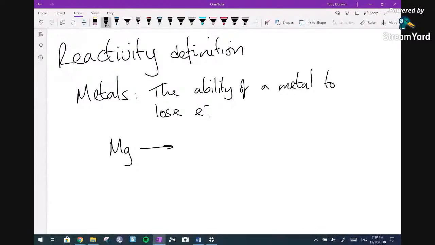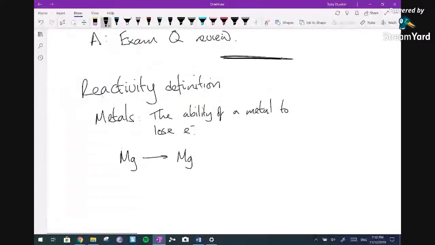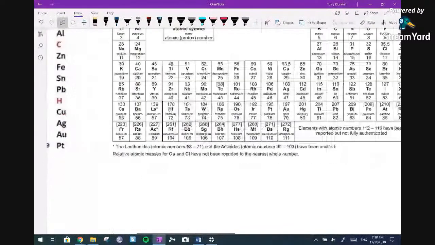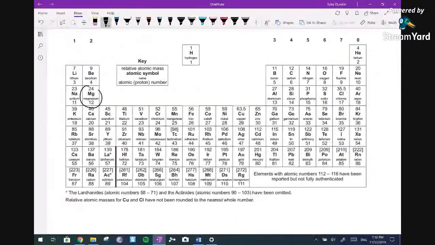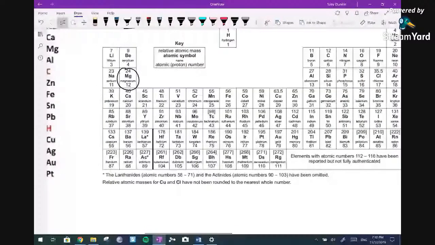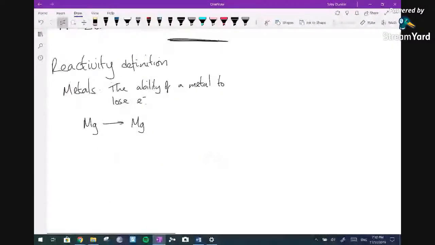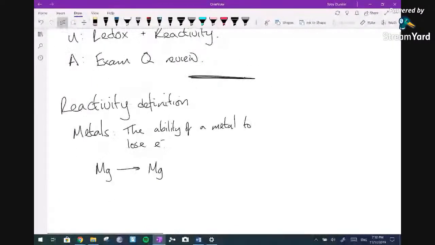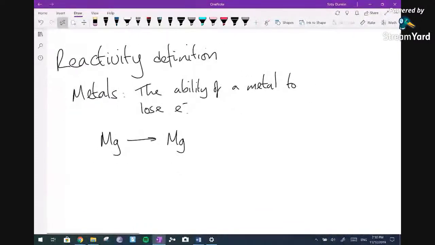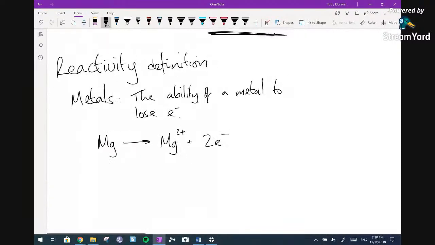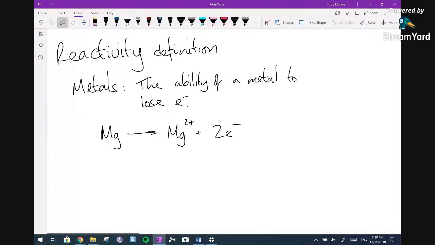That's great. So the ability of a metal to lose electrons. Mg, magnesium, of course. We then go to my periodic table. Always have that guy on standby. Magnesium metal, of course, being in group 2, means it has 2 electrons in its outer shell. It's nice to see how atomic structure flows through all chemistry topics. And since it's got 2 electrons in its outer shell, it is going to lose them, and it's going to spit them out. So the definition of reactivity in terms of a metal is the ability of a metal to